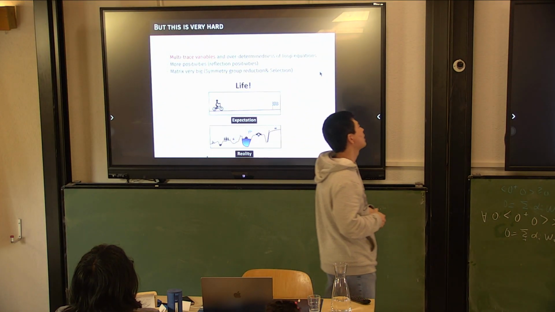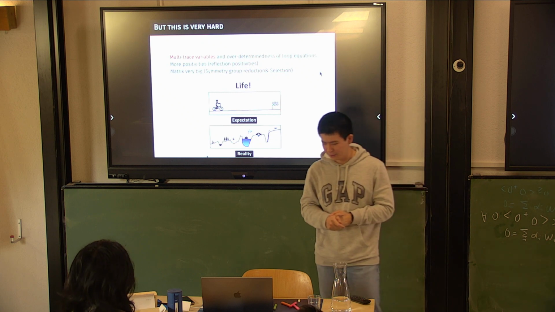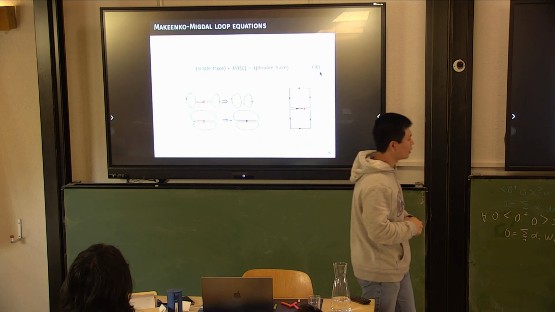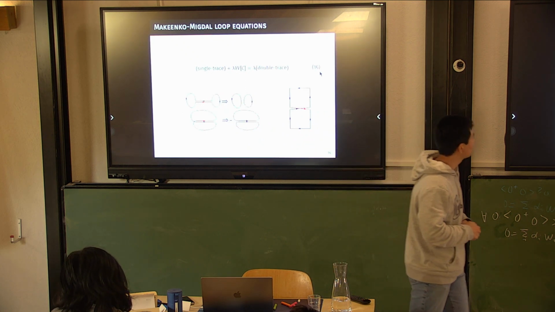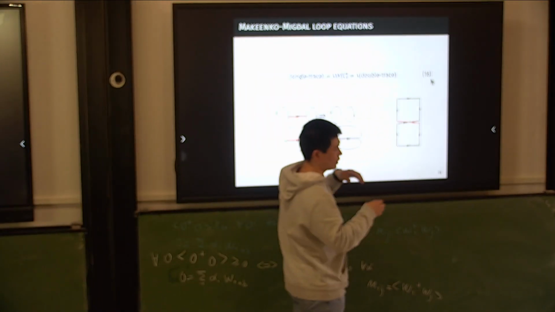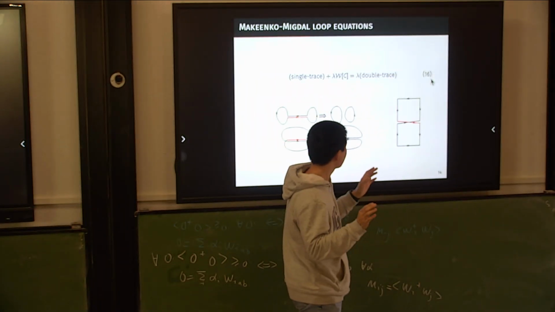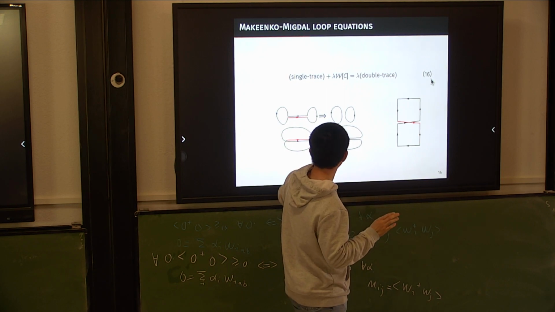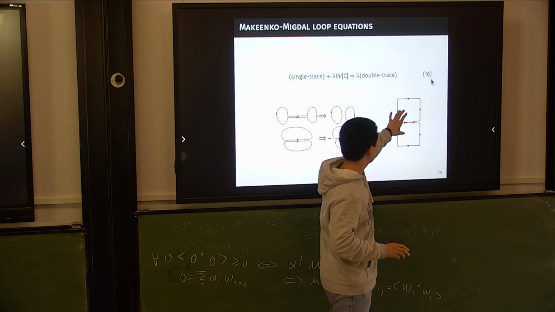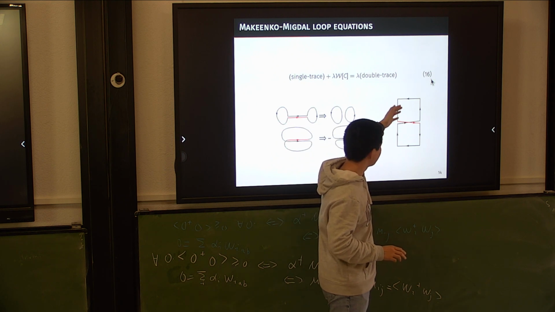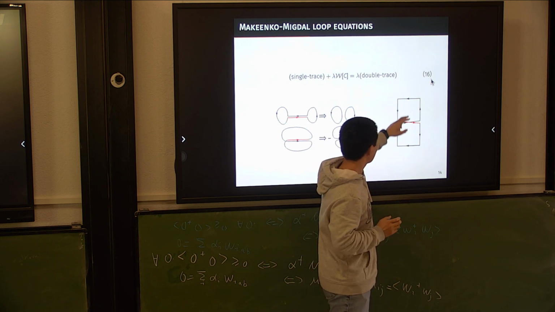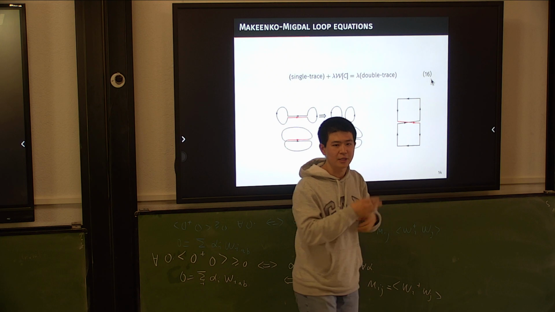Okay, so let's look at the multi-trace variable problem first. Multi-trace, the lowest order, it should appear here. So you are doing the variation on this link, and the single trace, the linear variation, we already explained, so we will not repeat it here. But from this variation, you can see that the double trace correspondence of this Wilson loop is actually some double trace of one plaquette and another, the nearest neighboring Wilson